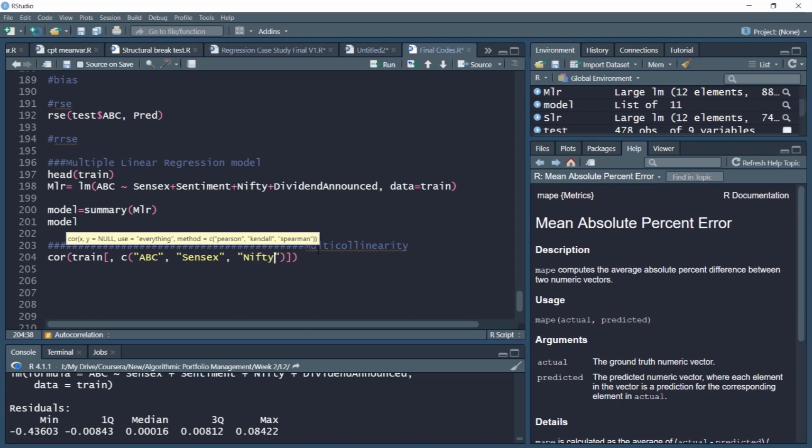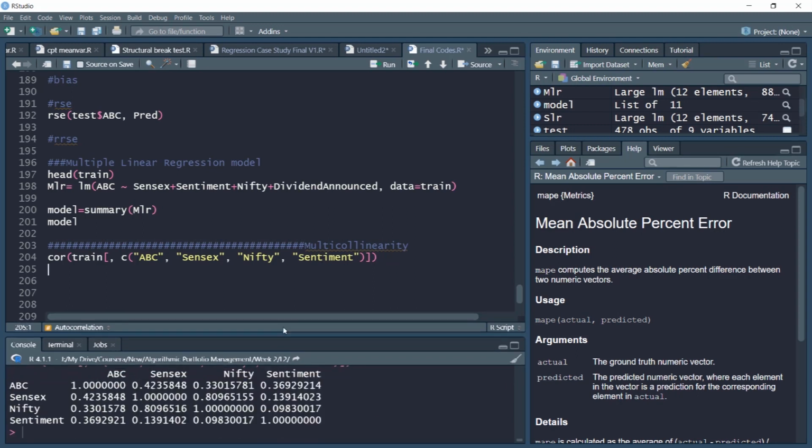These are all independent variables that we employed in the multiple regression model. These are the main variables. We are leaving out the dividend announced variable, which is a dummy variable, so chances of this variable being correlated are very low. Dividend announced is just ones and zeros.